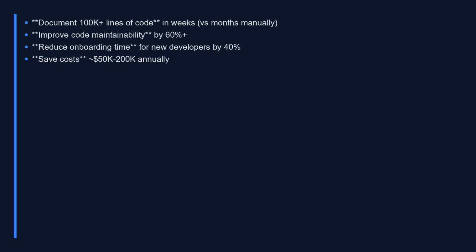Project goals. The business case here is concrete. Documenting 100,000 lines of code manually takes a team of engineers months. This system does it in weeks. Companies typically see a 60% improvement in code maintainability and a 40% reduction in onboarding time for new developers. The cost savings alone, somewhere between $50,000 and $200,000 annually, make this the kind of project that gets engineering leadership's